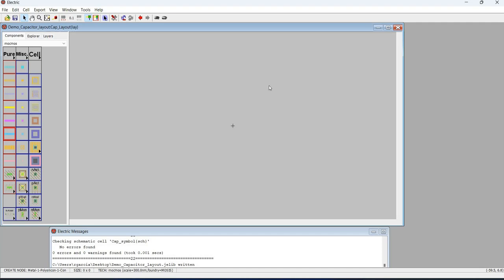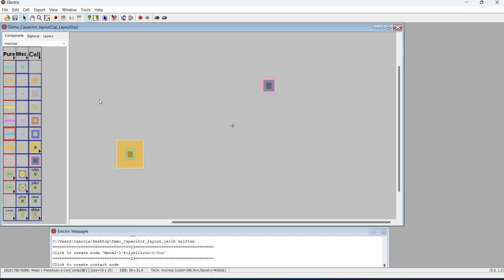So you need to have this, and then you can extend the poly for poly 1 and poly 2. So I have extended the metal, so be sure to select the correct layer.